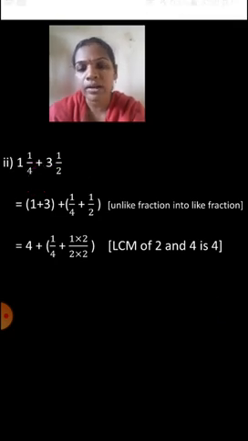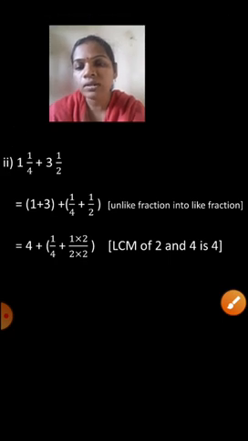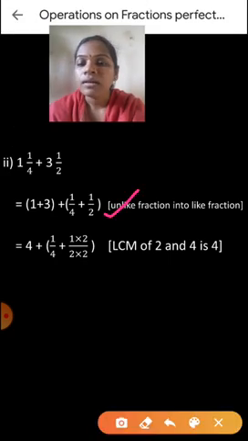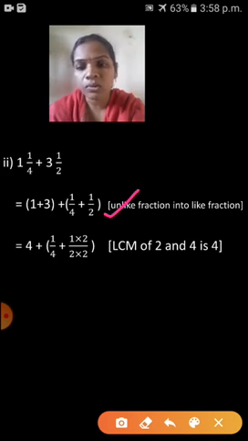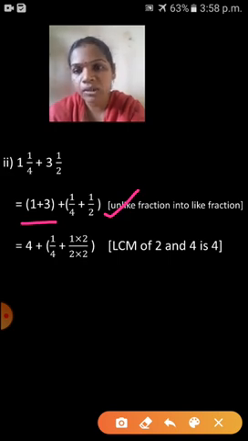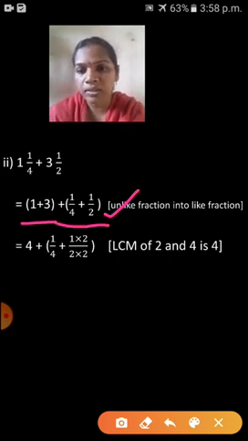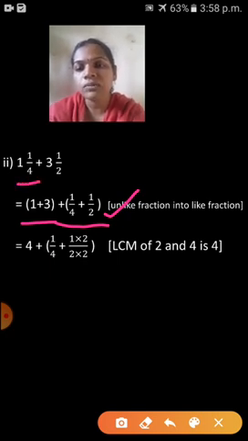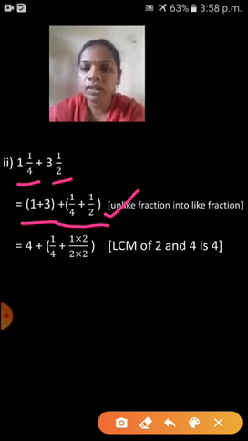So how we have to add? Okay. So first step you have to see here, children. First step. Yes, first step is what? Whole number you have to write. That means 1 plus 3. 1 plus 3 inside the bracket you have to write, because the whole number you are writing, you have to write whole number together and fraction part together, isn't it? So 1 plus 3 plus, and fraction part is here what? Yes, 1 upon 4 plus 1 upon 2.